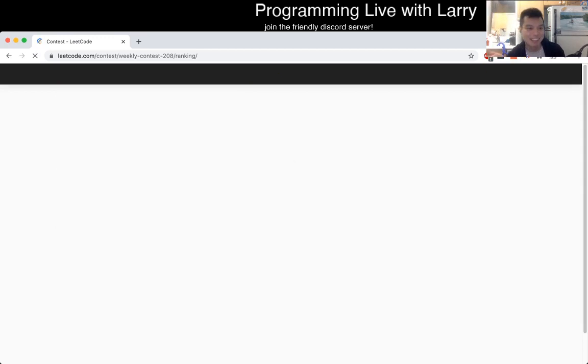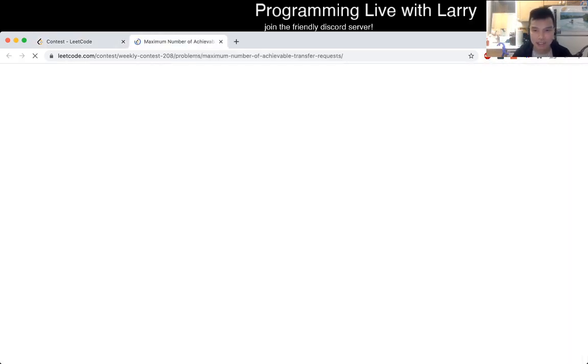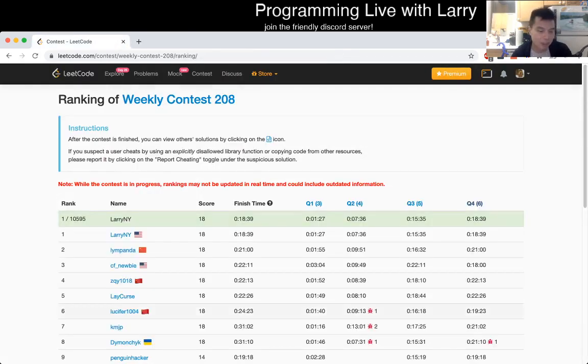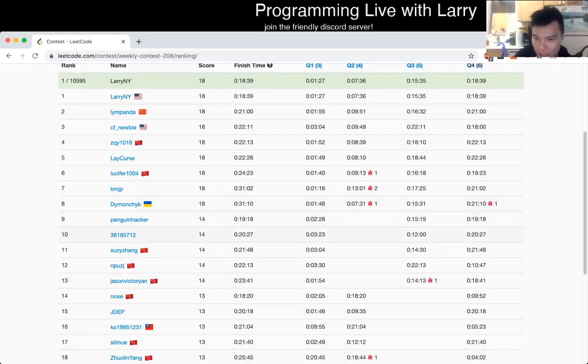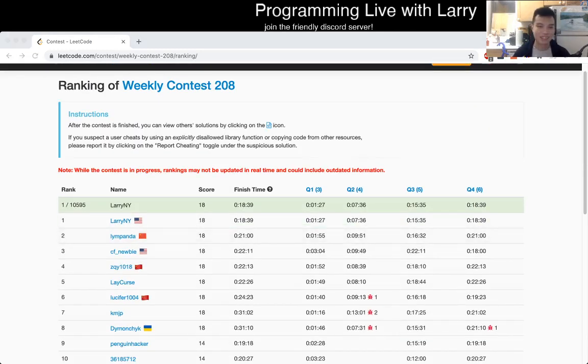I keep on refreshing the page because I'm waiting for the refresh to kind of, I don't know, did someone take it away? Because the funny thing is that when I clicked on Q4, one of the things I do is I refresh to see how many people solved it, and 6 people had already solved it. So I thought, okay, so that means if I do well, I could finish in the top 10. But I never thought I could finish first place, especially given that context. But I know that some people solve it backwards or in a different order or something like that. But yeah, all right, so that's my victory speech, I guess.